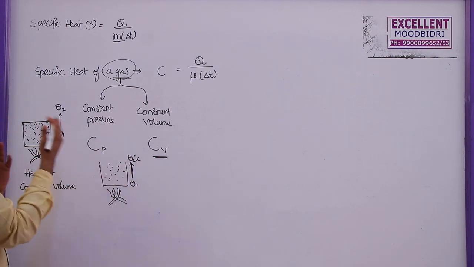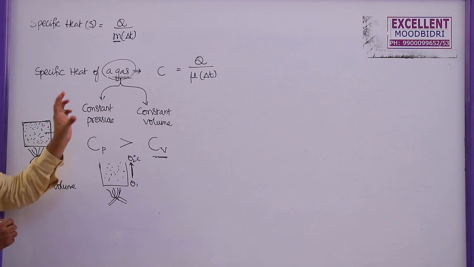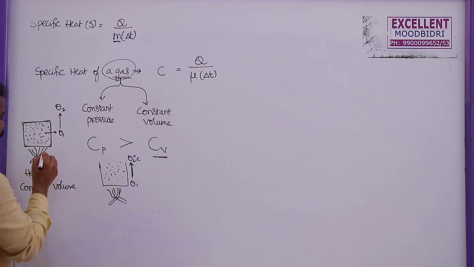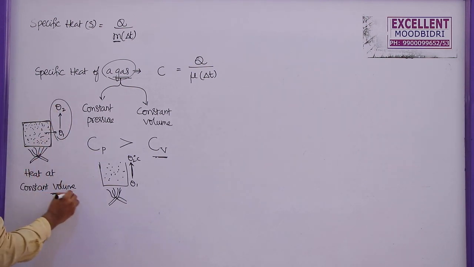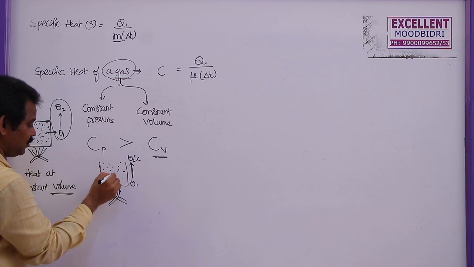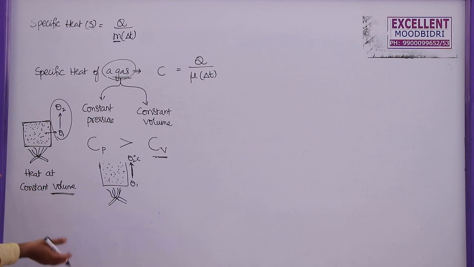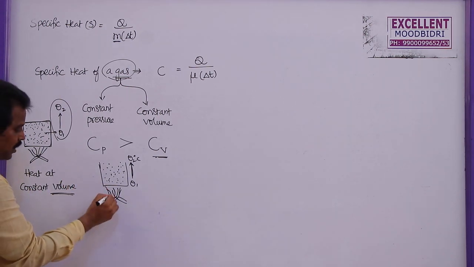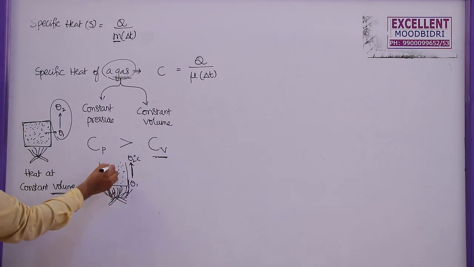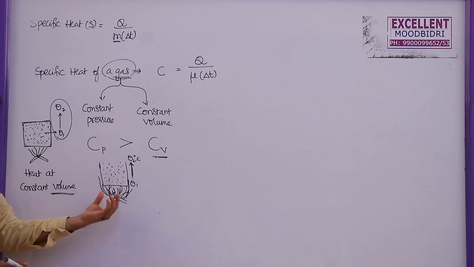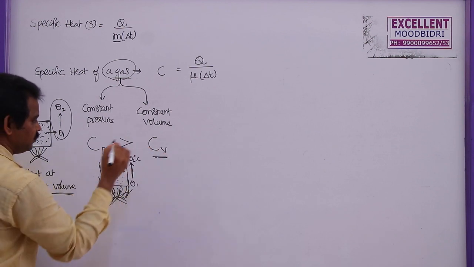For that, I have to supply a lot of heat energy. So out of these two, Cp is greater than Cv, that we will learn in the thermodynamics lesson also. But before that, it is easy to increase the temperature of a gas at constant volume, but it is difficult to increase the temperature of the gas at constant pressure. Even though it is difficult, it is possible, as we are going to supply a lot of heat energy here. If you supply a large quantity of heat here, then the quantity of heat to be supplied here to increase the temperature by 1 degree or a given range of temperature will be more than this.